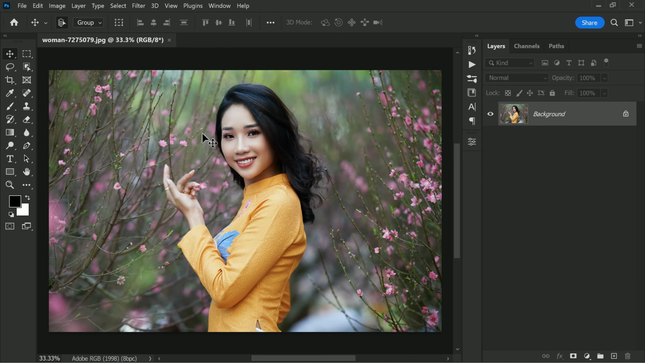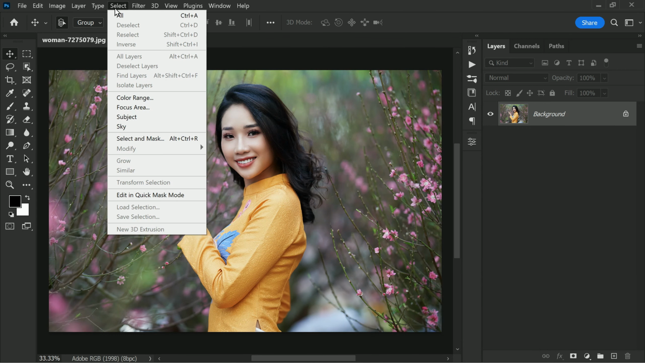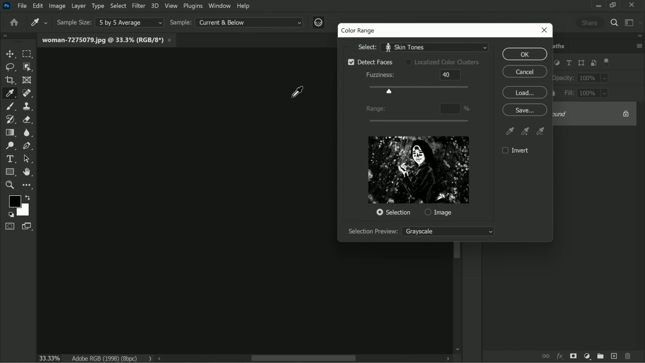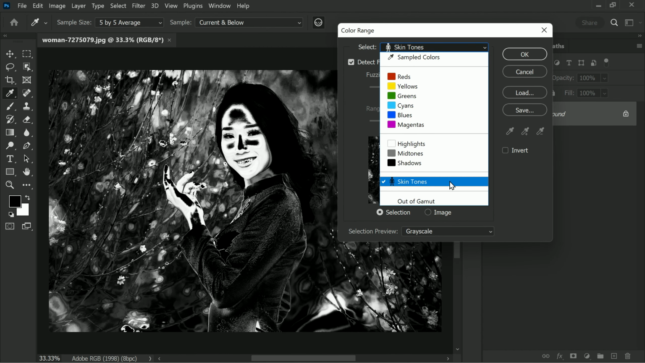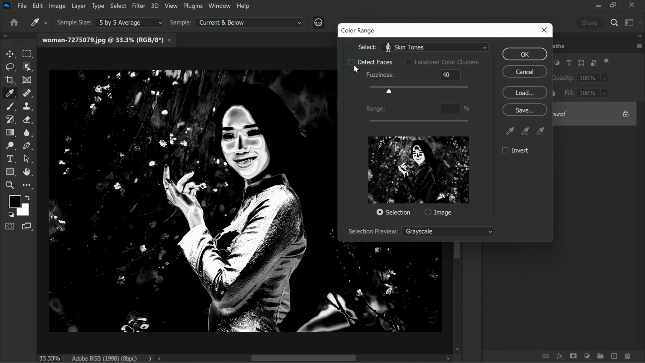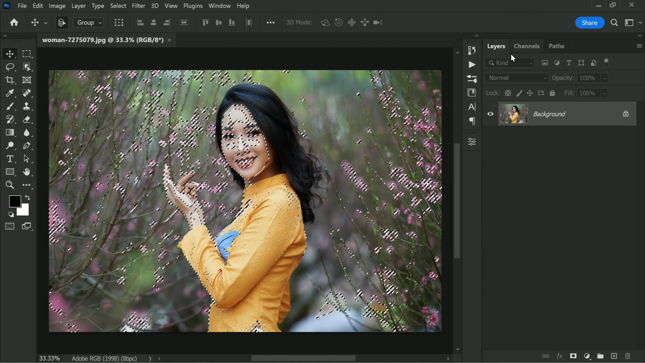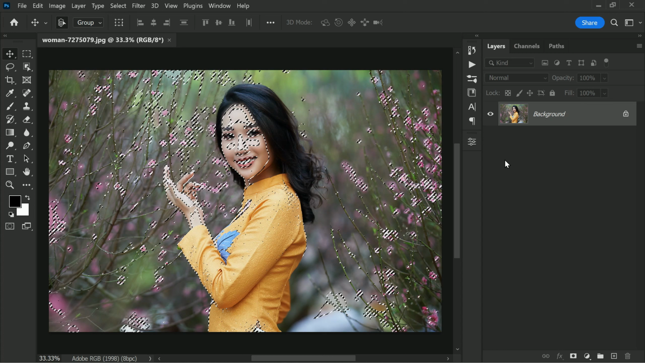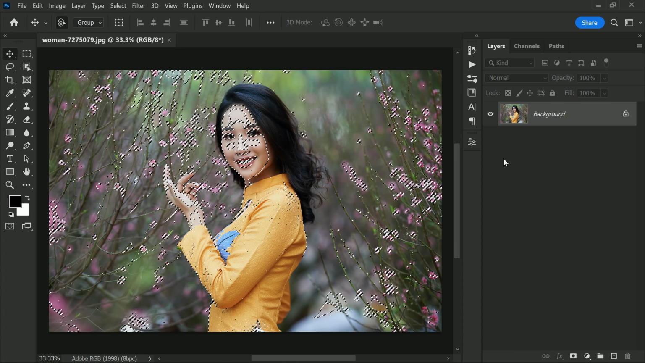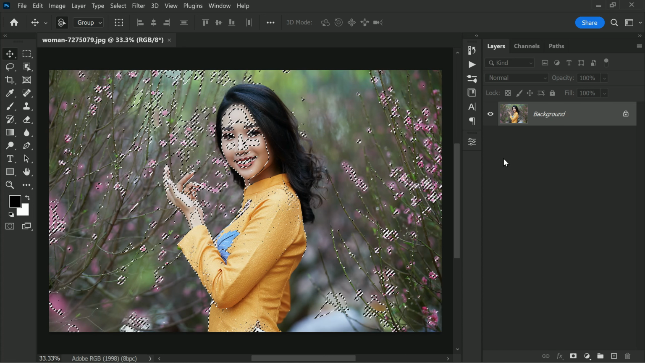First step is to select the skin tones in the image. To do this, go to select option in the menu bar and select color range. In the color range dialog box, choose the skin tones option and tick the detect faces box. This will automatically select the skin tones in the image. Click OK. However, if you notice that other objects like flowers have also been selected, don't worry, we will take